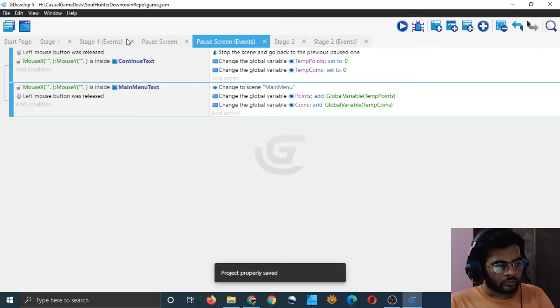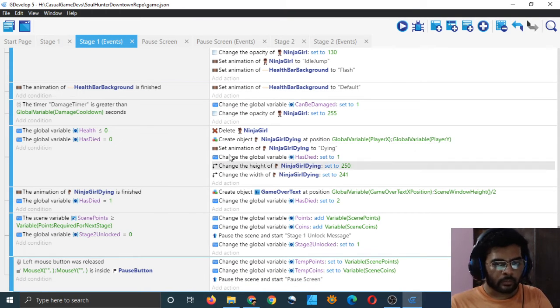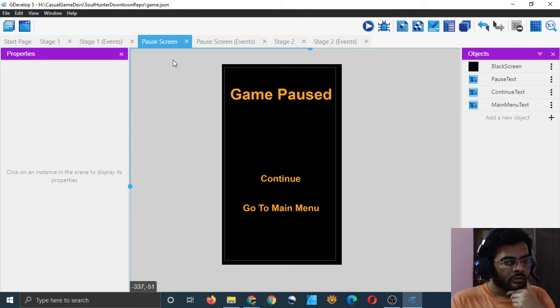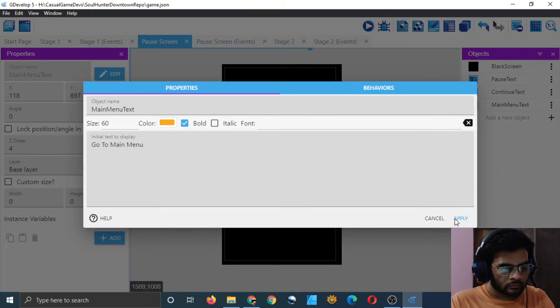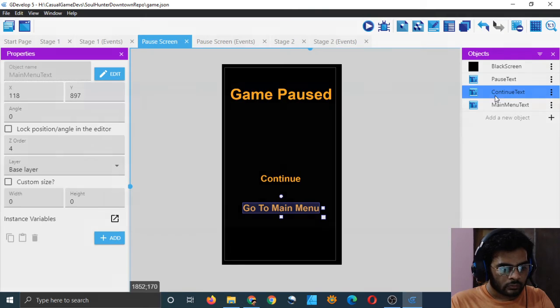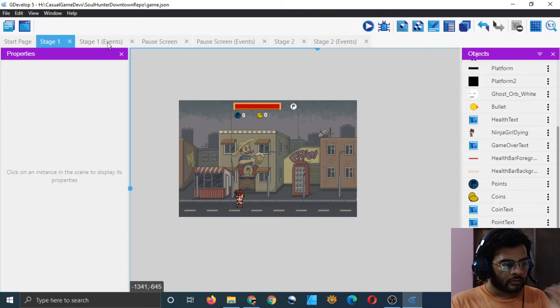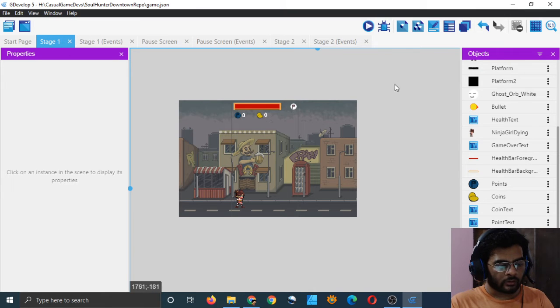So now it should work and should take care of the points and coins also, and it should happen from both the stages, the pausing. Is this bigger in size? Not really, but it looks like it's bigger. Okay, so that's looking good. And now let's test it out, test the pause button out.